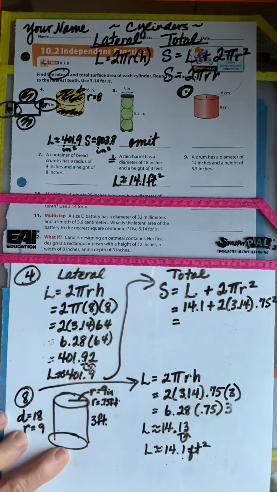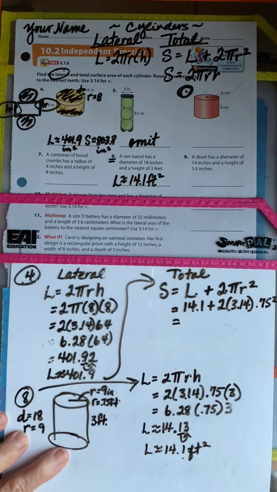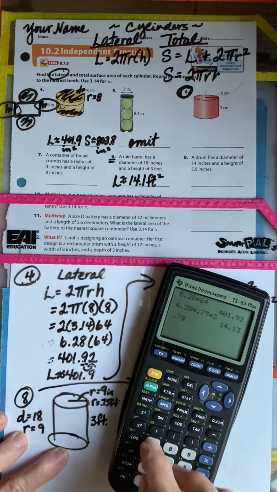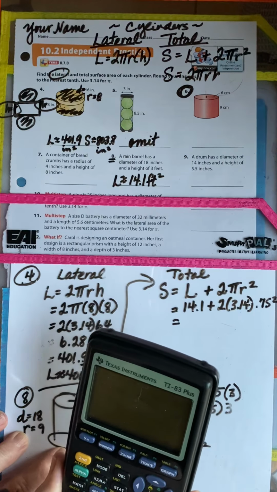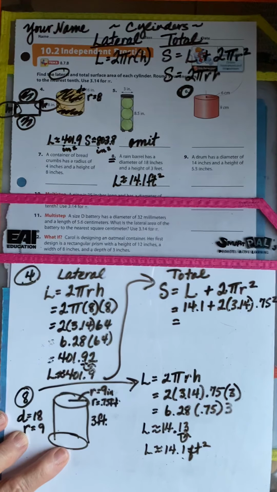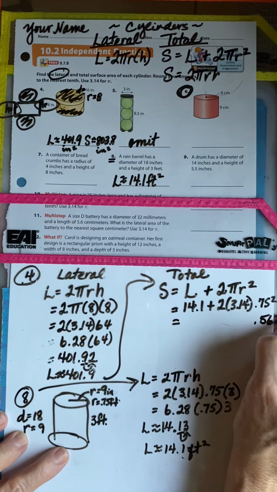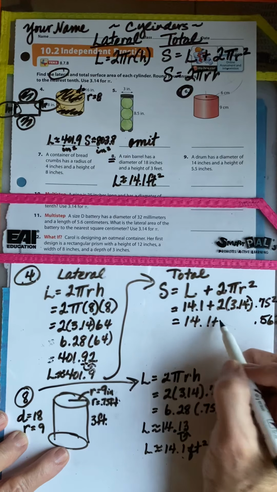So it's important that you show me the next line, because we only want to square 0.75. Not square root. Clear. Sorry about that. 0.75 squared, enter. 0.5625. So we've got 14.1 plus